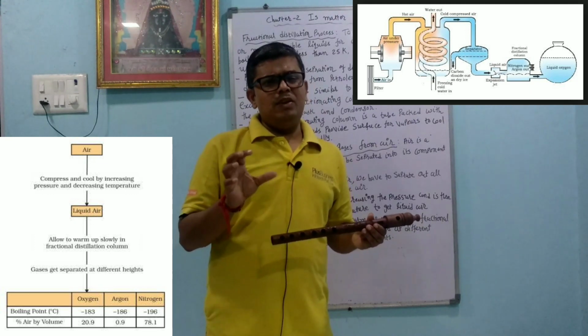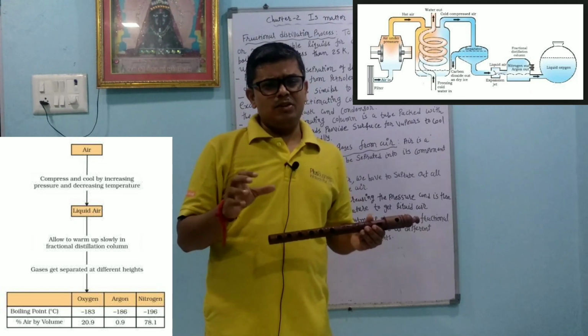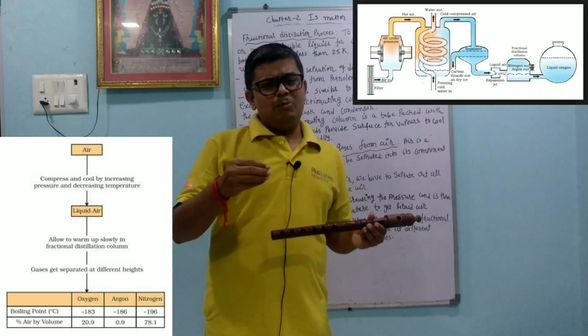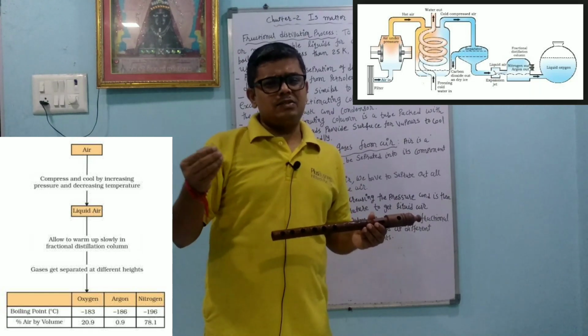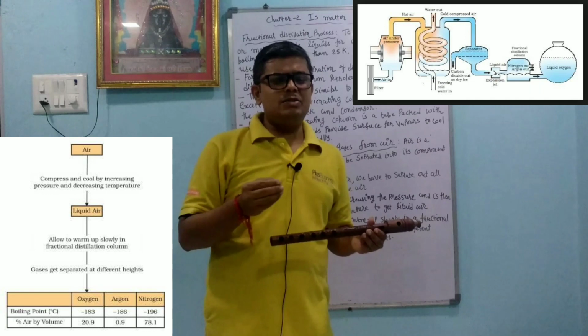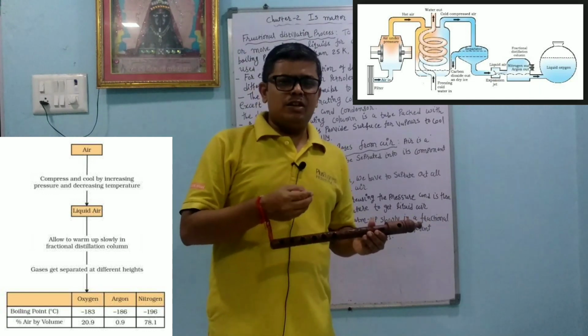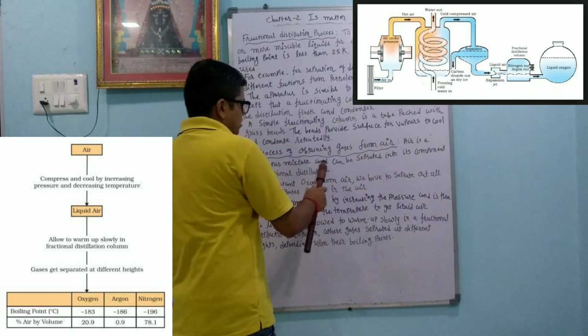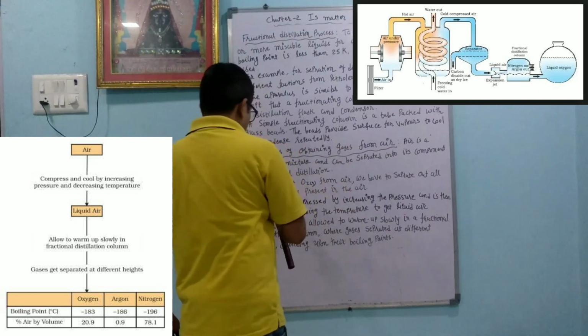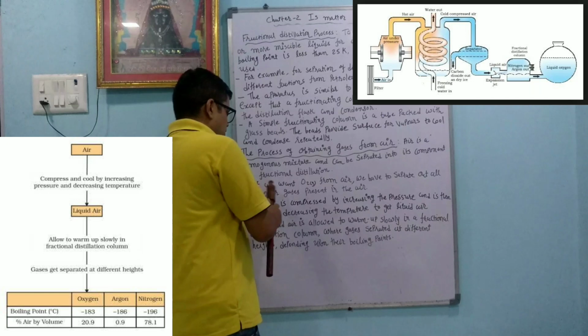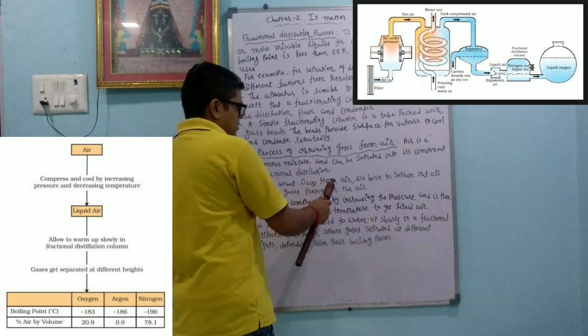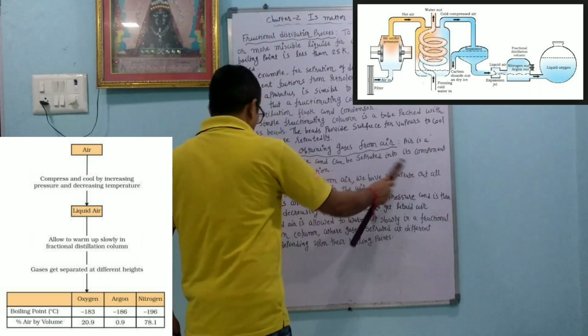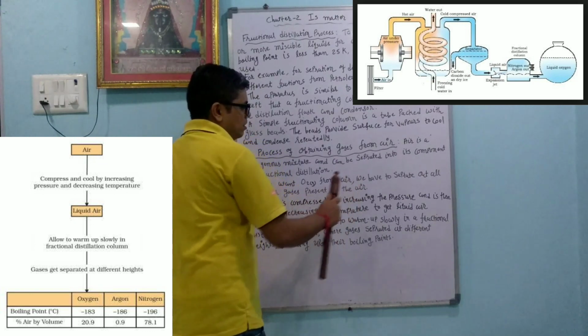Now again slowly we give heat. Slowly as we give this heat, at the particular boiling points the gases start separating. So by this way we can separate the different gases from the air. Air is a homogeneous mixture and can be separated into its components by fractional distillation. If we want oxygen gas from air, we have to separate out all the other gases present in the air.